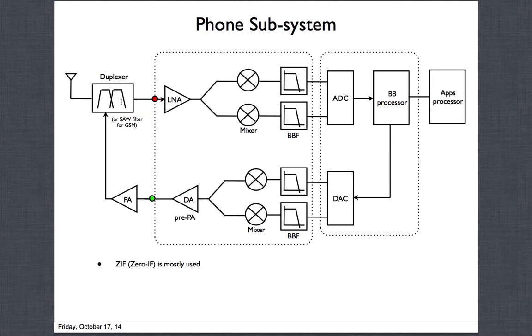The duplexer is only needed, as I said, when we have transmit and receive happening at the same time, which is what most of the standards do. WCDMA, LTE, and all those transmit and receive at the same time, except TDD LTE, as I mentioned earlier. Now, where do we need a SAW filter? We'll look at that in the GSM case. We need a SAW filter.